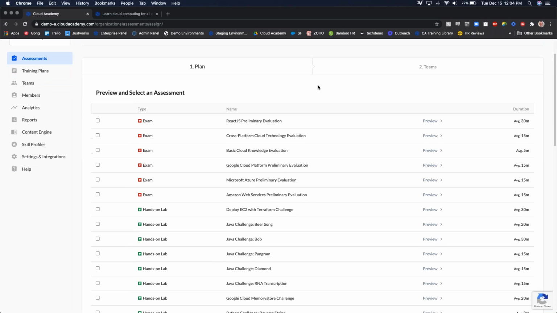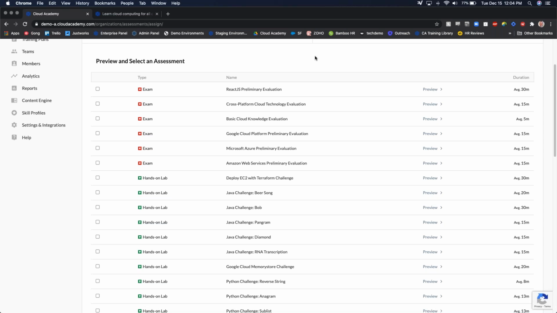I'll show you our out-of-the-box assessments. All of these can be customized, but the assessments will come in an exam format and a hands-on lab, in this case, a challenge. So what we're going to see through the end user side, we'll see what a guided lab looks like, but this challenge lab means it is unguided. So we put the lab in front of them, say, show us you can get from A to Z to prove those practitioner level skills.